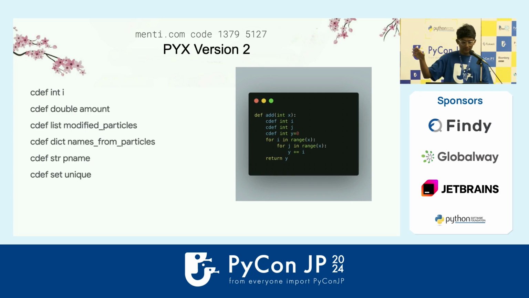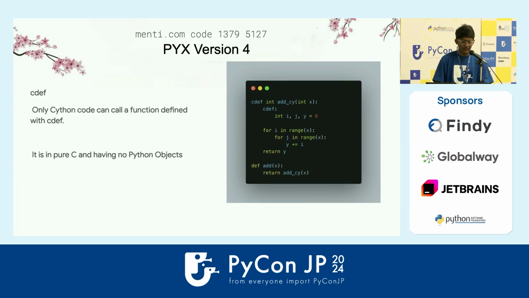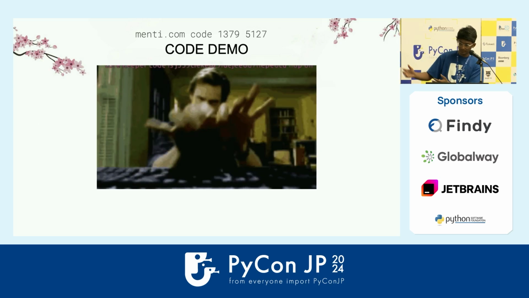And in the next steps, we'll introduce some data types, which again are interesting from a Python standpoint, because Python is dynamic, but we are introducing data types here. In the next step, we are introducing data types as well as returning some data types and mentioning it alongside the function. So this add function returns an integer data type. And then we are completely removing the dependency on Python and totally going to C, and I'll talk more about it. Okay, yeah. So let's go to the code demo.